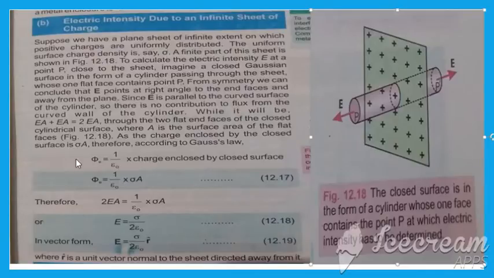Now, this is a closed Gaussian surface, so the charge enclosed by it, Q, is equal to sigma A, because sigma is equal to Q over A. Therefore, according to Gauss's law, electric flux phi E is equal to 1 over epsilon naught into the charge enclosed by the closed surface. As Q is equal to sigma A, electric flux is equal to 1 over epsilon naught into sigma A. As electric flux is equal to 2EA, 2EA is equal to 1 over epsilon naught into sigma A,